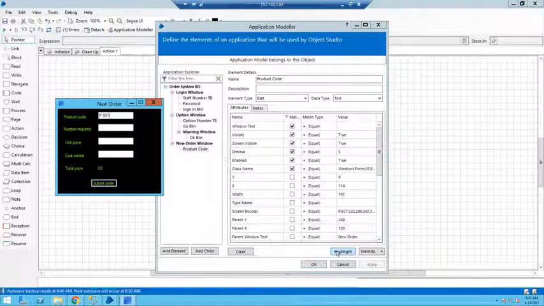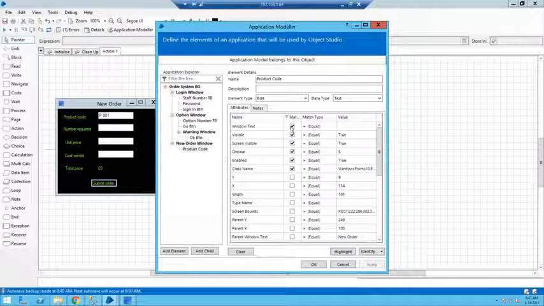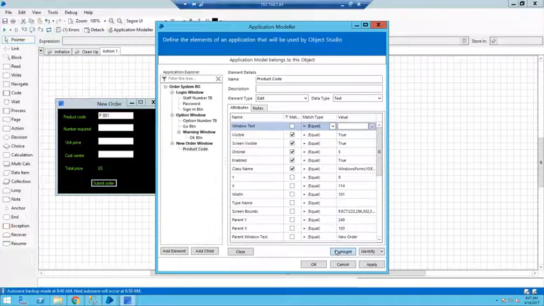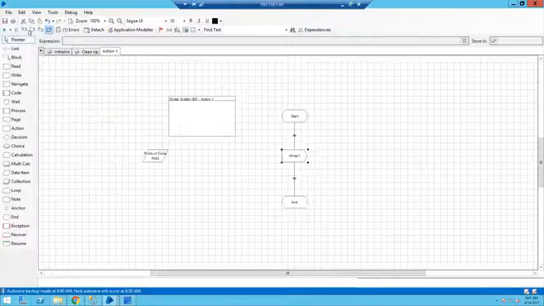If I try to highlight it, it will show me that it is unable to match the window with the query item. Just remove it, and you can see. So whenever we are selecting any text box, we need to keep it blank, or we should not select this window text. Okay. So again, refresh, and I'll write this. So now it's taking